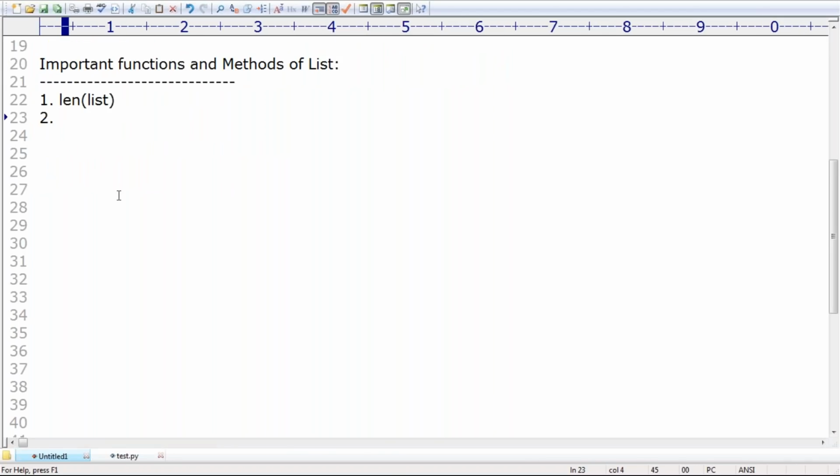Next, we have a second method. Count itself is the second method we have. Take very special care about this one. What is the difference between the length method and the count method? Can you spell it out? The count method